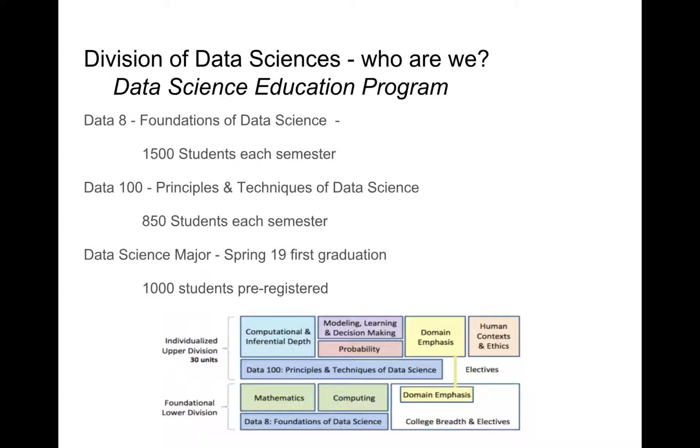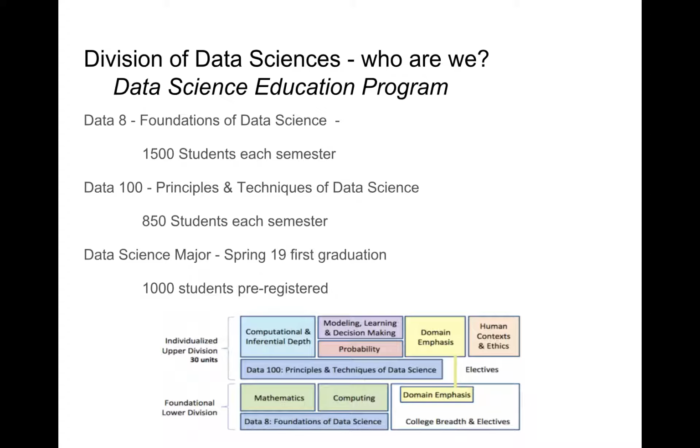They've just started a data science major. It just went through in September. And the first 10 people graduated in December, but the first graduating class will be in May. 1,000 people signed up for it. There's probably going to be, we don't know, several hundred, a few hundred. So a major that didn't exist last year is going to have about 300 graduates this year. So it's a big thing that's happening, and the students are excited about it.